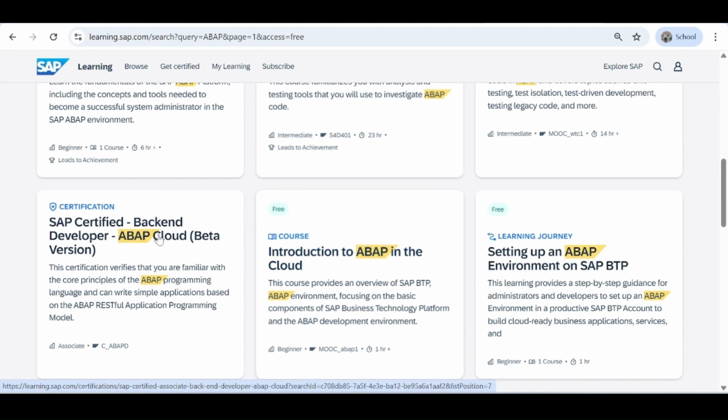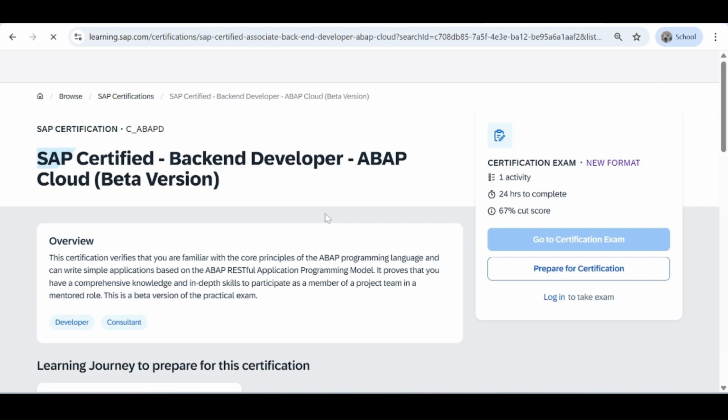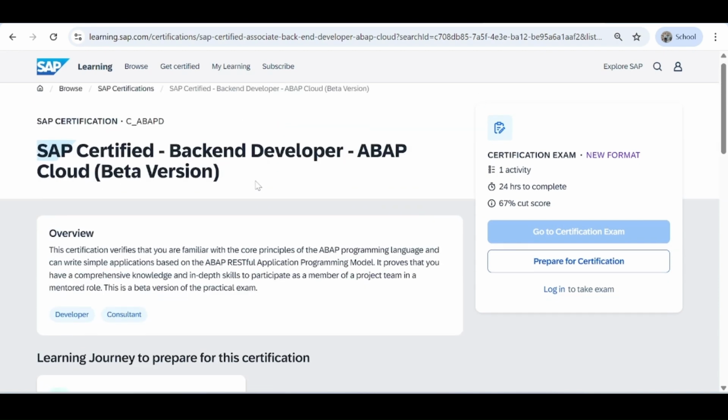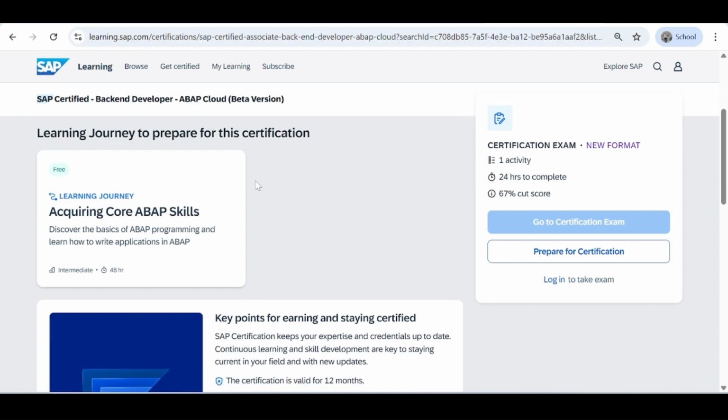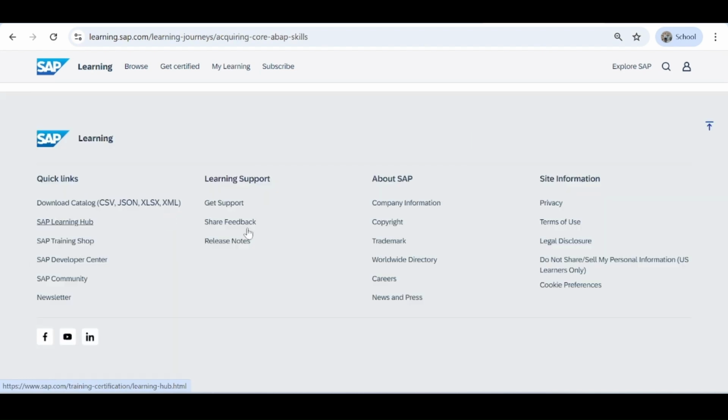And here you can find SAP Certified Backend Developer ABAP Cloud. So these are the global certifications which we need to complete. Just click on it. Here you can find the learning journey to prepare for the certification, and these are the details of this particular course which are available over here. Now the first course is Acquiring Core ABAP Skills. So if I just click on it,